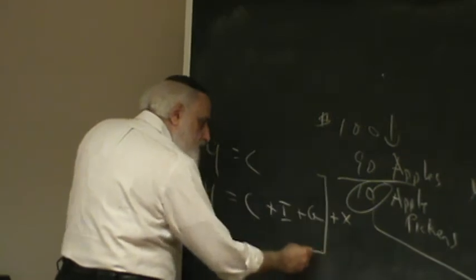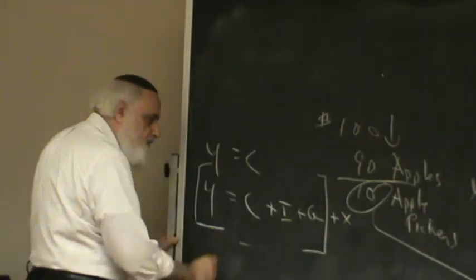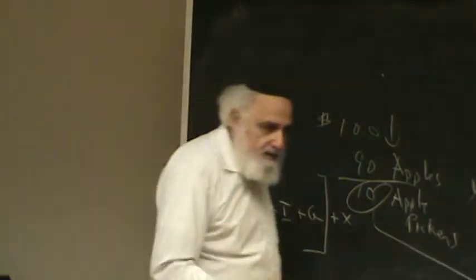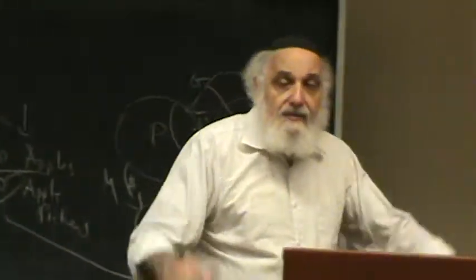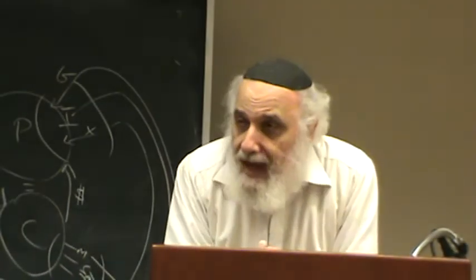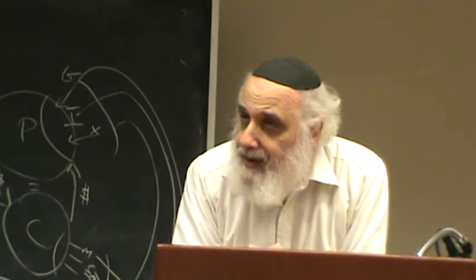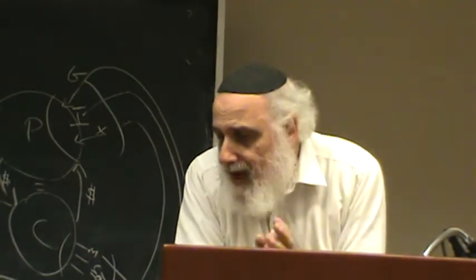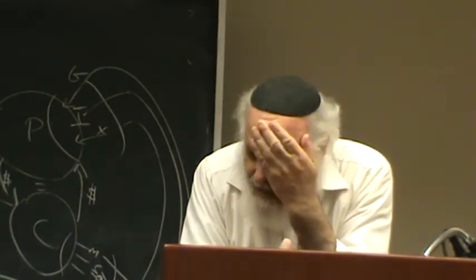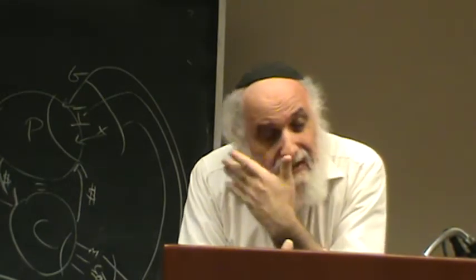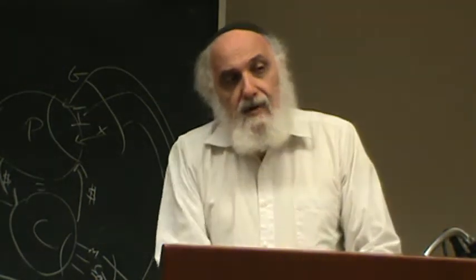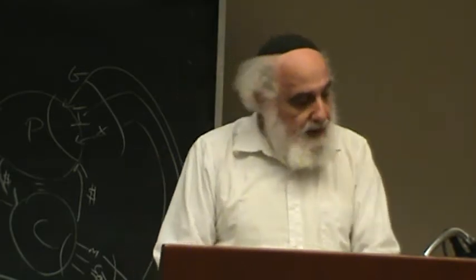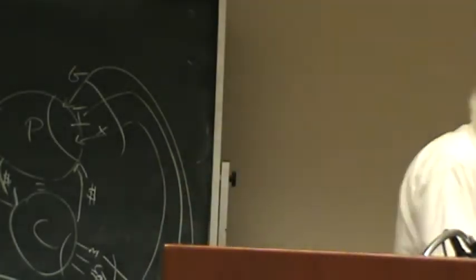Now, what we do to simplify things is we just get rid of the X. Why do we get rid of the X? Because we say we're talking about a closed economy. We know we have no exports and imports. Let's not complicate it with exports and imports. Let's just talk about Y equals C plus I plus G. Okay, so that's the model. Y equals C plus I plus G.